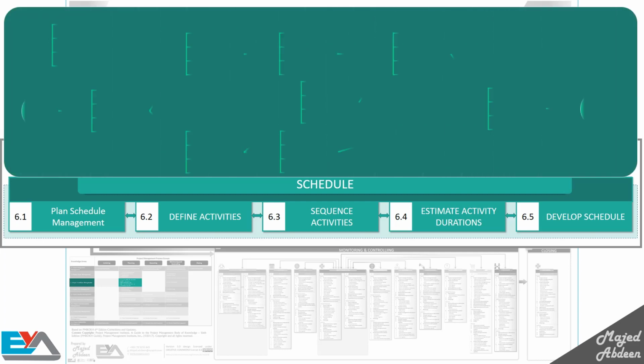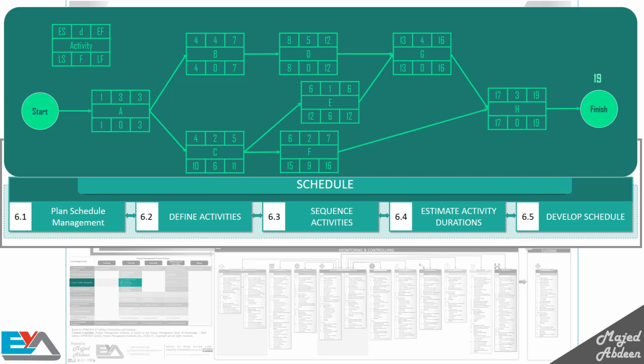You need to develop the schedule using various tools. For instance, the critical path method or CPM, in order to have the full picture of which activities you must focus on or which activities have some flexibility, or as we call it, float. We use the CPM to work out the project schedule, and we can show the outputs using a Gantt chart or bar chart. Here you can see an example of the CPM. This project will take 19 days, as you can see. You have to know how to use the CPM in order to get the exact figure for the project duration.